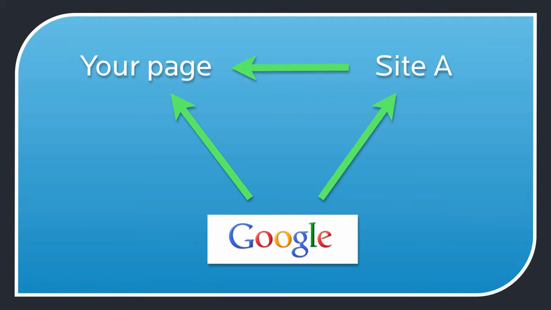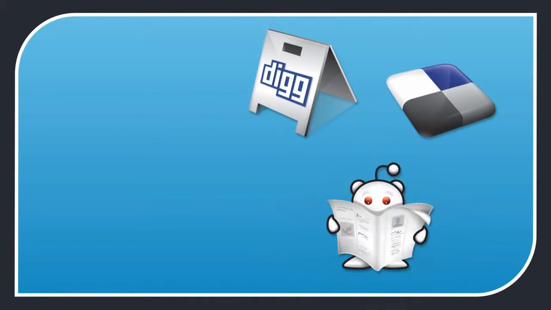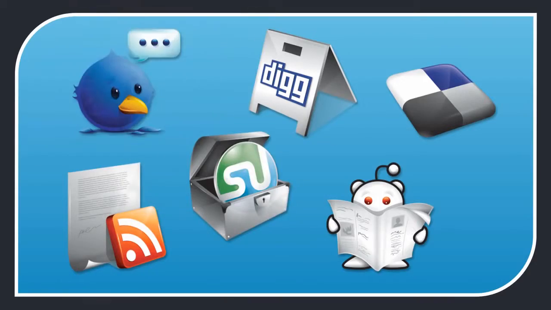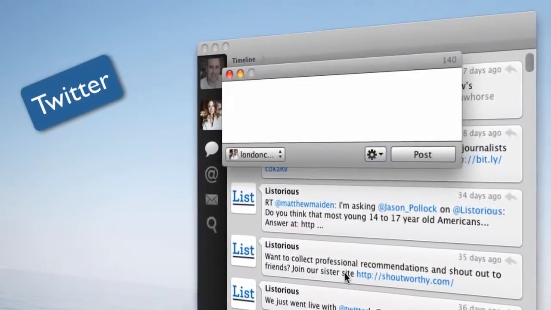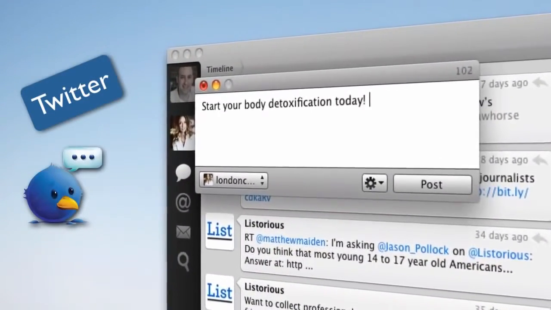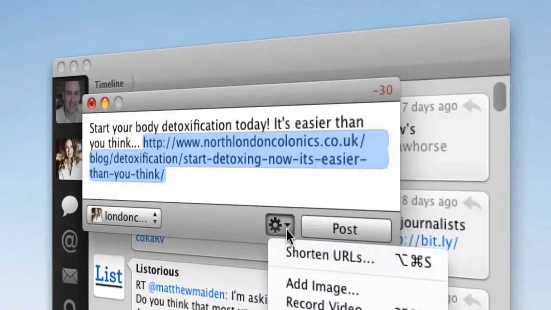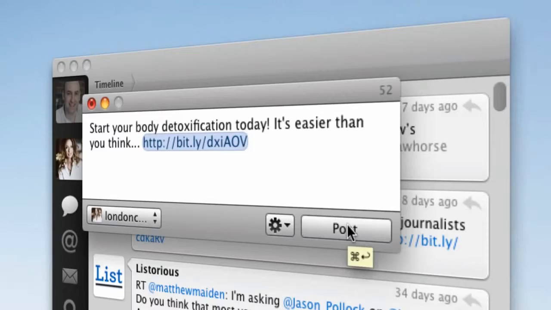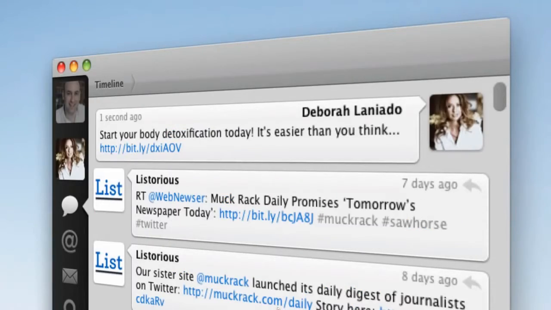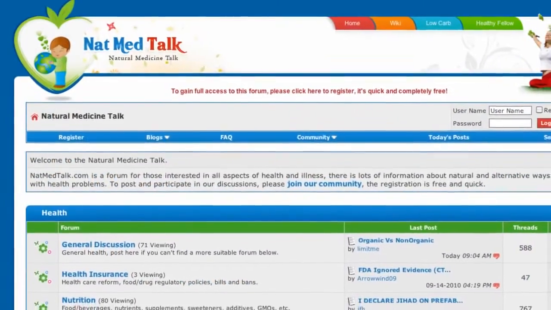Here are a couple of quick, simple tactics you can use for any page to get your first link. First, social bookmark your page on social networks like Twitter and Digg, where your valuable content should attract some initial links from a few interested parties. That takes just a couple of minutes. A second useful tactic is to add value to someone else's related content, for example in a forum post or